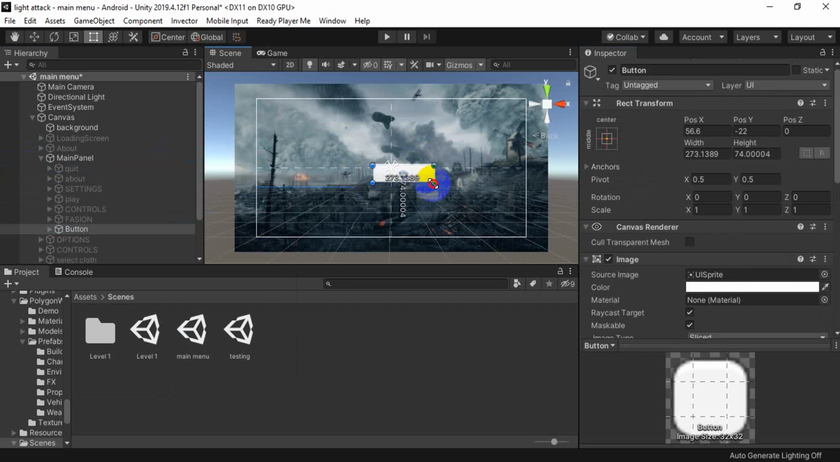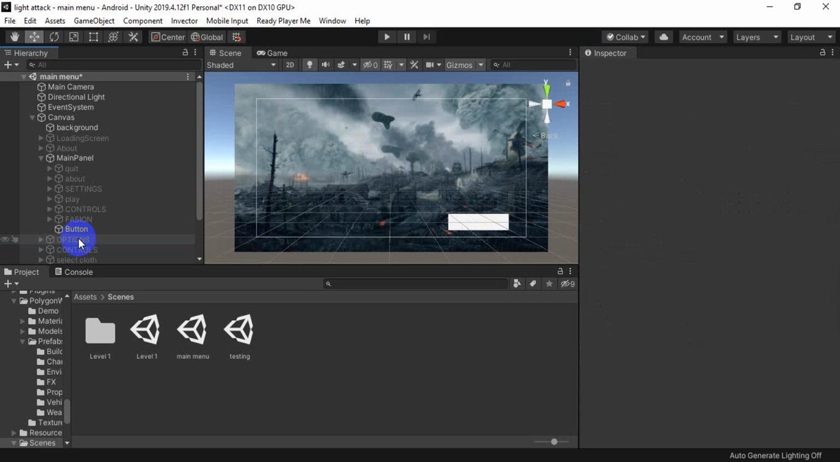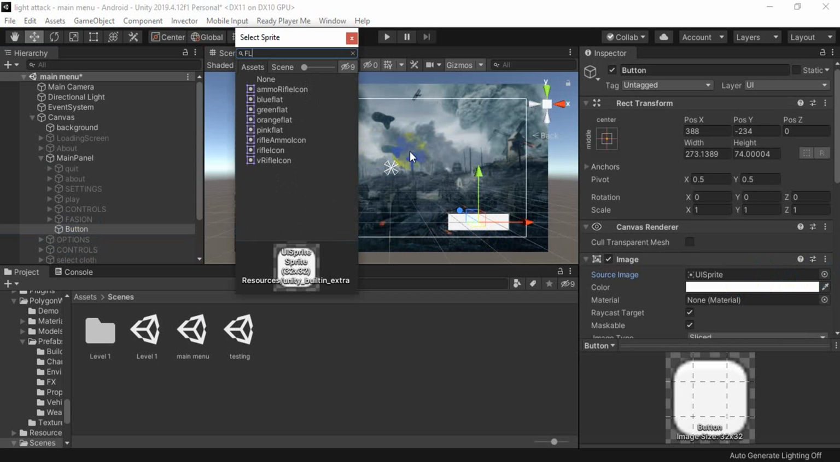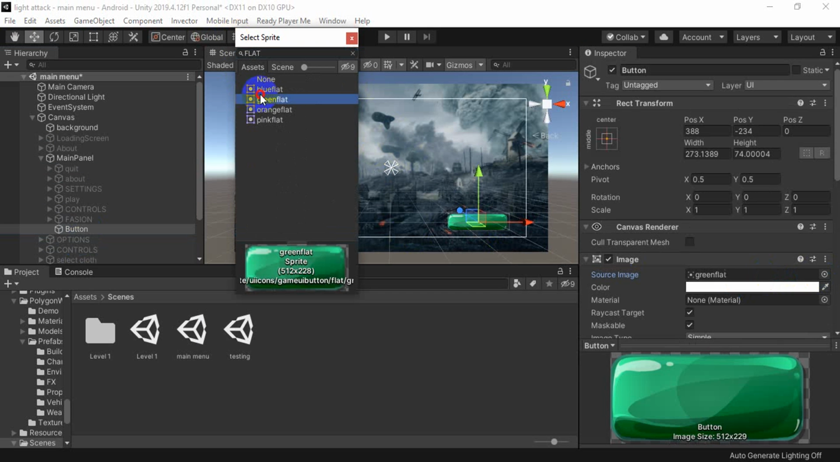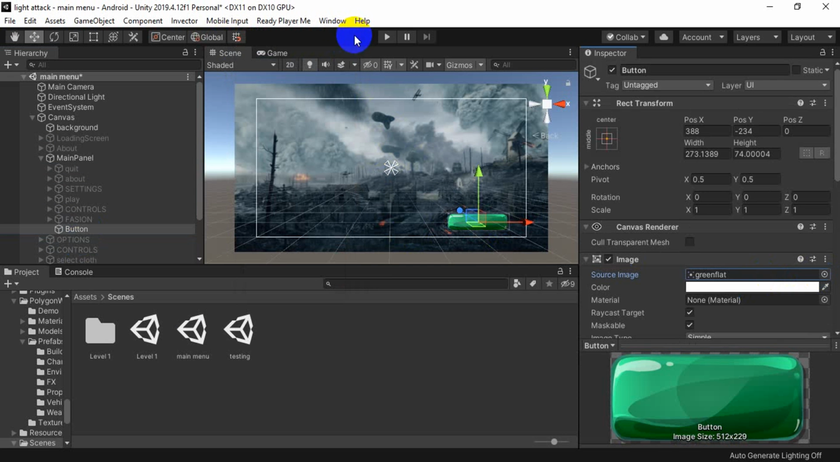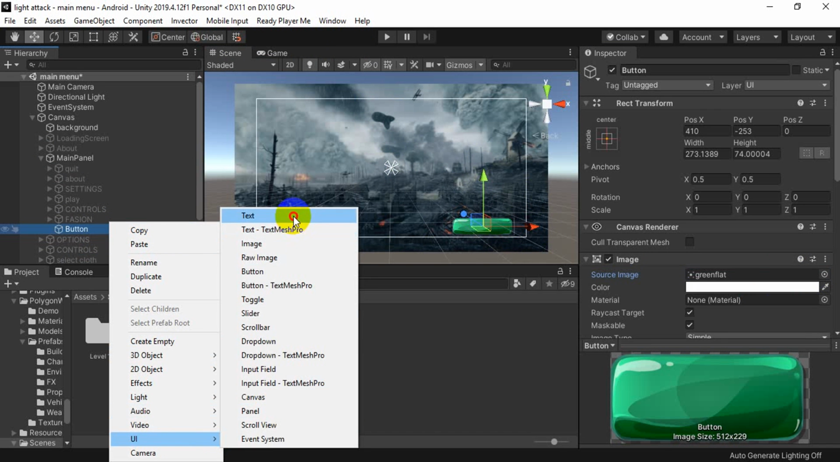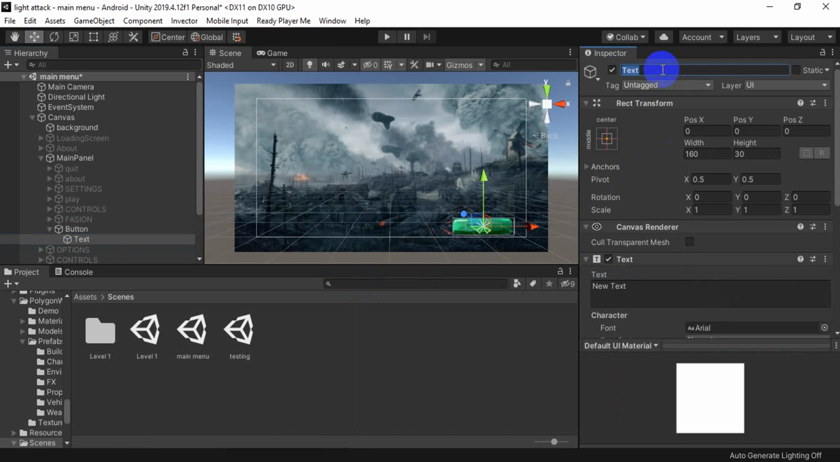The button we could set it as per your convenience like this. We would delete the text and we could take UIs, like I have some blue, green, orange, pink. So I would use green here, and we could name it as play, and create a new text like this and name it play,